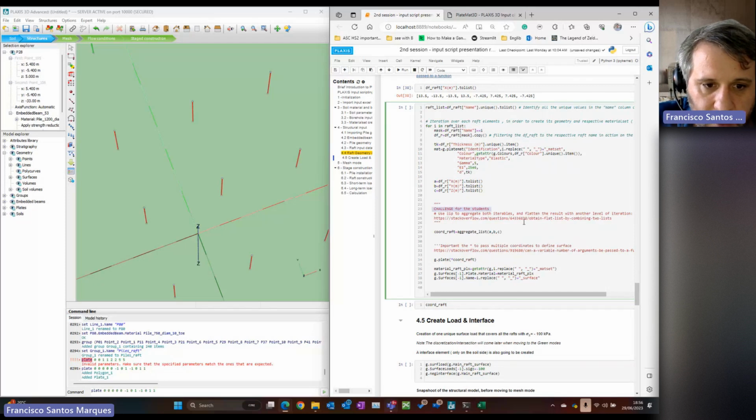So my suggestion is use this to aggregate these both iterables and flatten the results in another level of iteration. So basically it's trying to obtain the flat list by combining 2 lists, or in this case by combining 3 lists. I have here the function, but if you follow this link in a Stack Overflow, and the reason